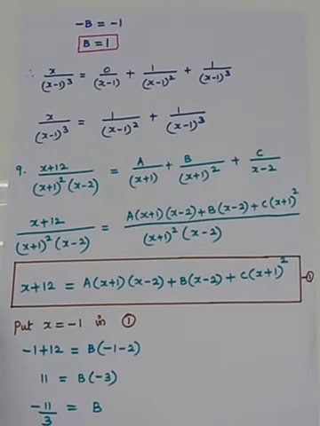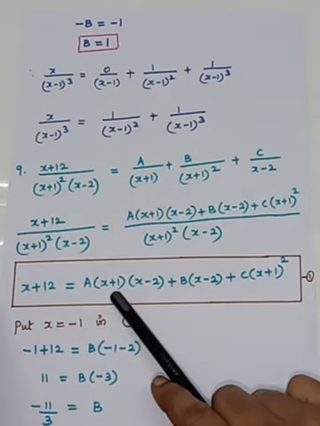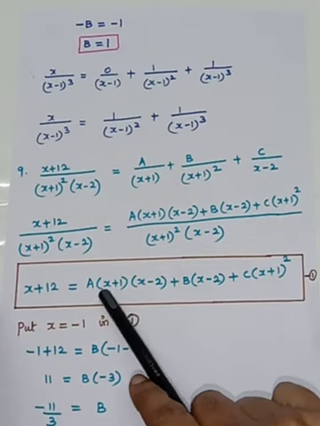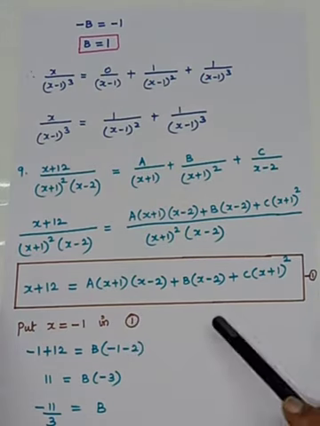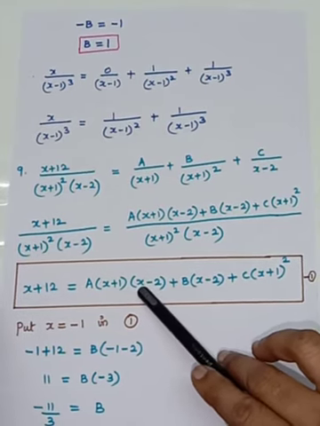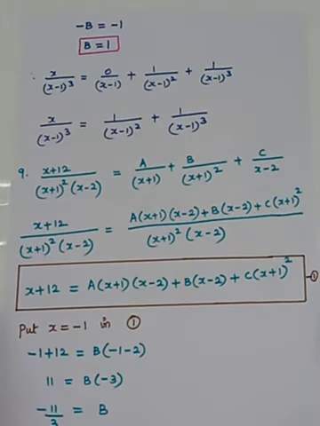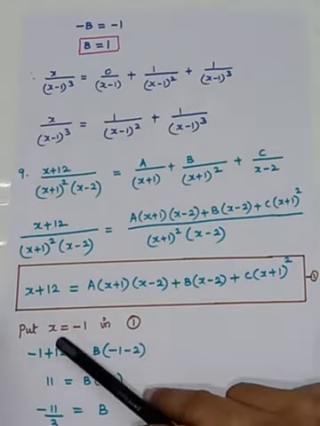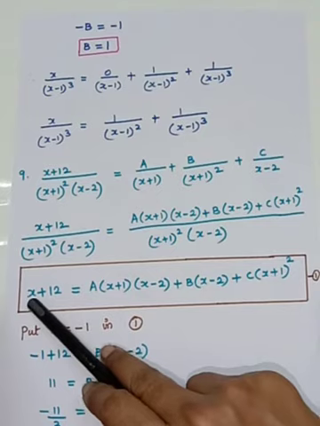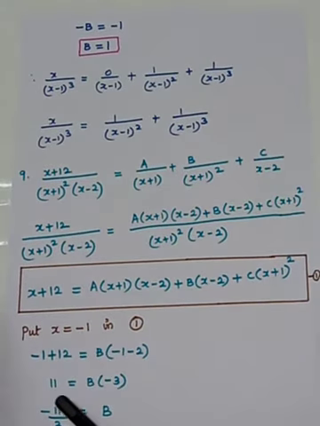For that, what I have said first, you have to look at the linear factor. What is the linear factor involved? X plus 1. So how to make this 0? If you substitute x equal to minus 1, this term will become 0. So another linear factor is also there. What is it? X minus 2. So here when you substitute x equal to 2, it will become 0. So to consider the linear factor, to make that 0, you have to substitute some values for x. Okay, so here first I have substituted x is equal to minus 1. So when you substitute minus 1 here, minus 1 plus 12, it is 11.